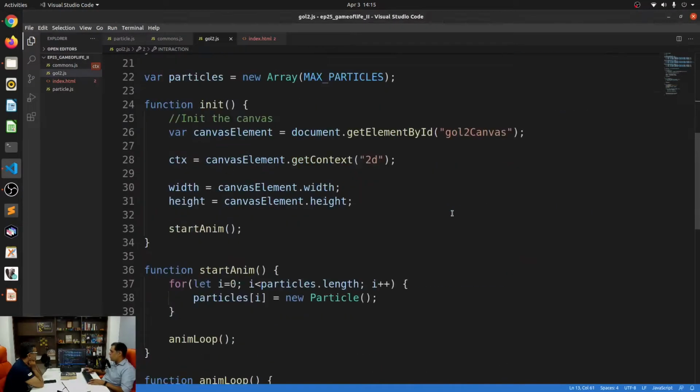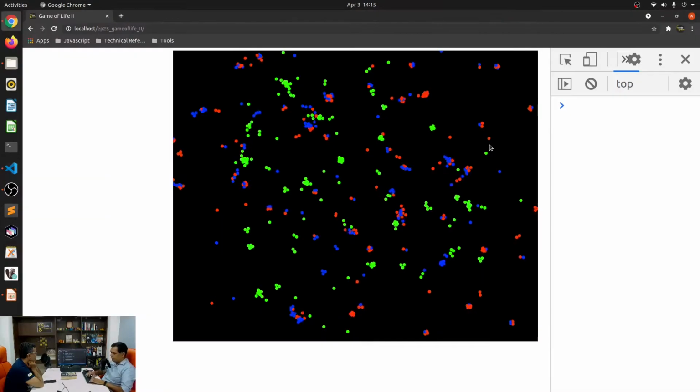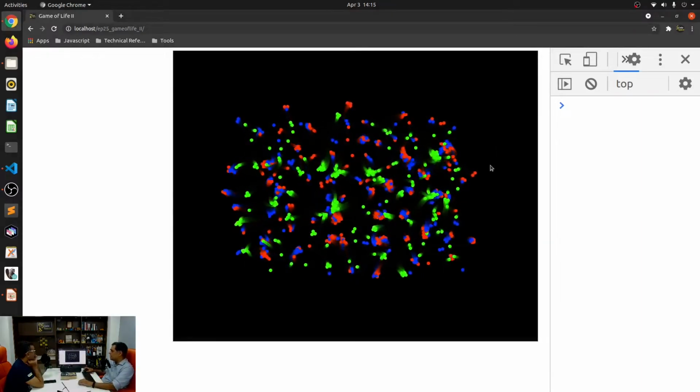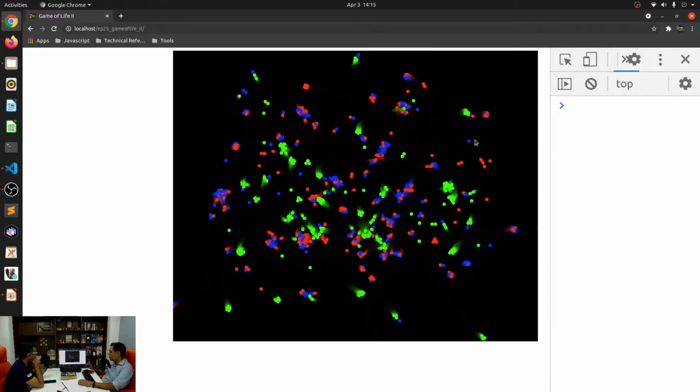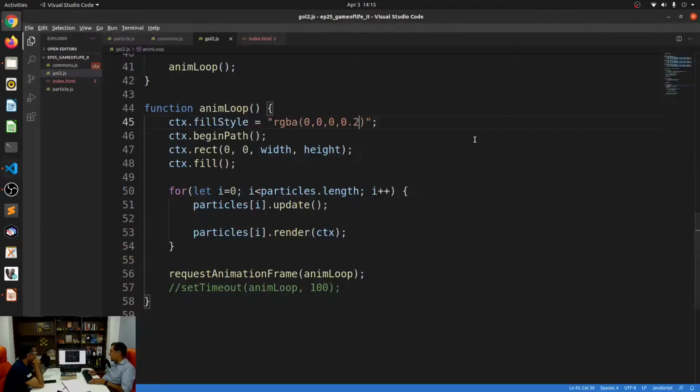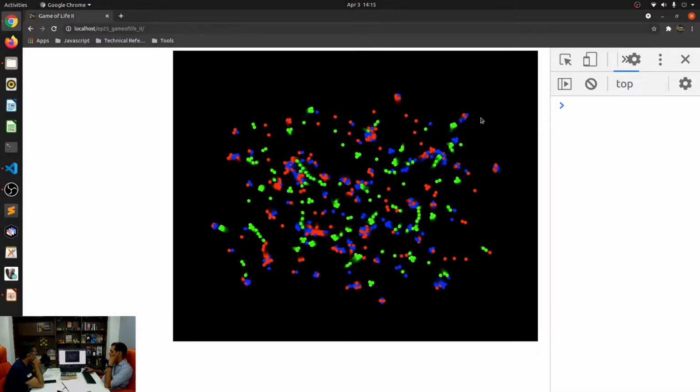I think if we take a lesson from one of our earlier videos, there is a way to actually make this interesting in that we can just make this fill style, let's say 0.2, for example. And we should see some trails going through. Okay. I mean, I'm going to remove the trails because it's a little bit distracting. We can make the trails a little bit smaller by making it 0.3. So the trails should be smaller.